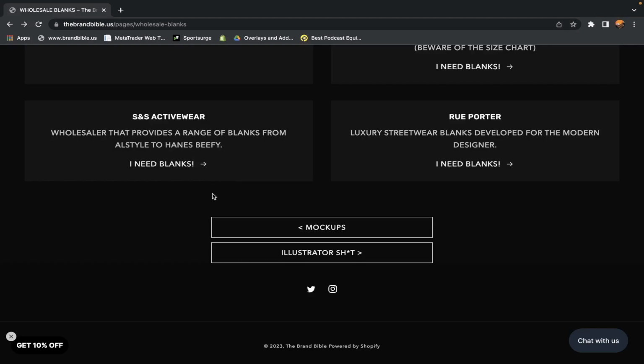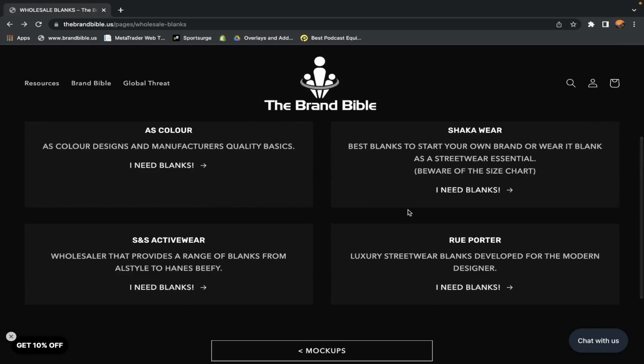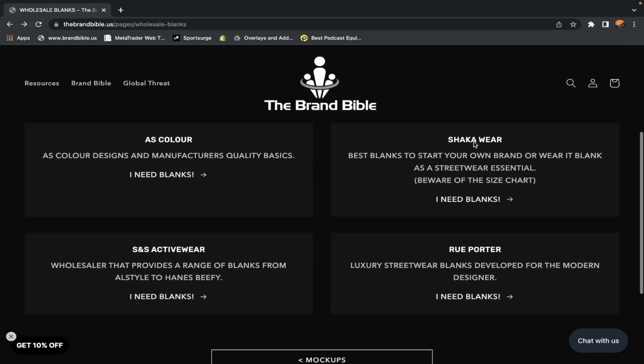So like all styles: Hanes Beefy, Champion, Shaka Wear, they have all of them. Also, I want to go back to Shaka Wear. I say beware of the size chart, just because with Shaka Wear, their 7.5 Max Heavyweight tees, I usually wear a medium in tees, but with Shaka Wear, I wear a small because their tees are very